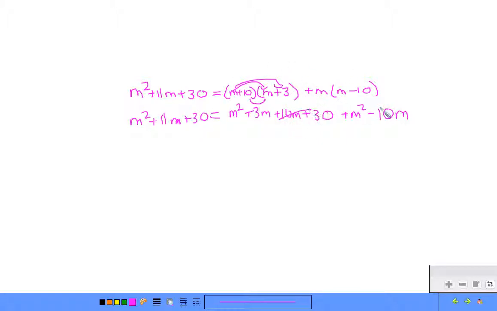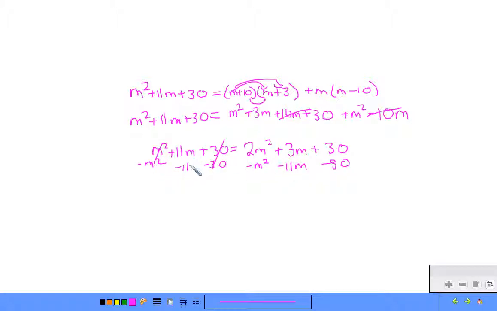Let's see, m squared plus 11m plus 30 equals 2m squared plus 3m plus 30. Let's see, subtract 30. I'm going to subtract the m squared, set it equal to 0, and subtract the 11m. So zeros over here, we have